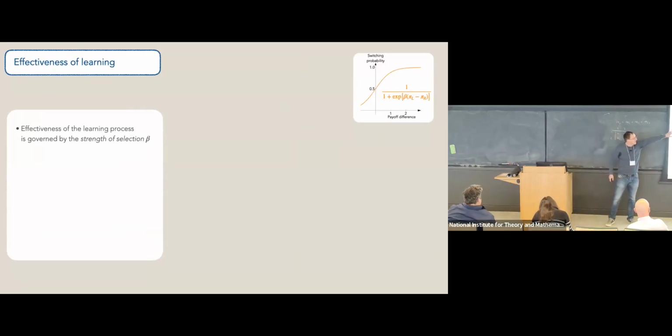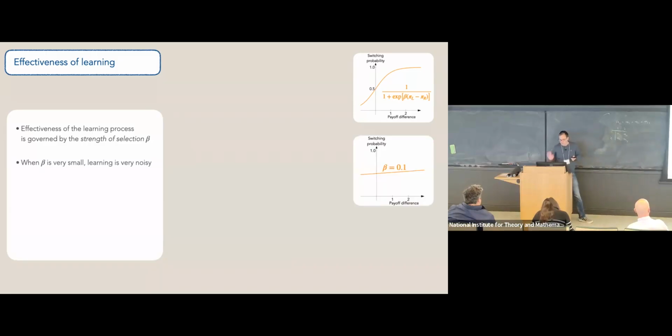One crucial thing about this family of functions is that it has a free parameter, called the strength of selection. Here I use beta for this parameter, and it changes the slope of this Fermi function. When beta is very small, the slope is very small and you almost get a flat function. You could say that learning is very noisy, because irrespective of what the true payoff advantage of the other strategy is, you always imitate with a constant probability. You're not really driven by the payoff differences. You're not really thinking about whether it will actually help you to adopt this strategy. You just more or less randomly switch.